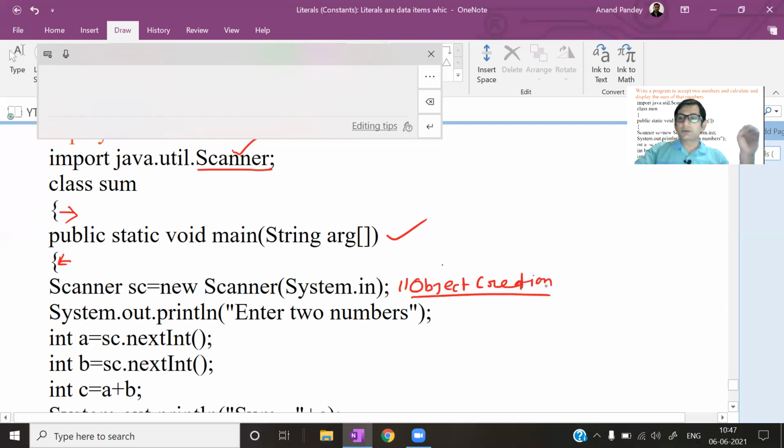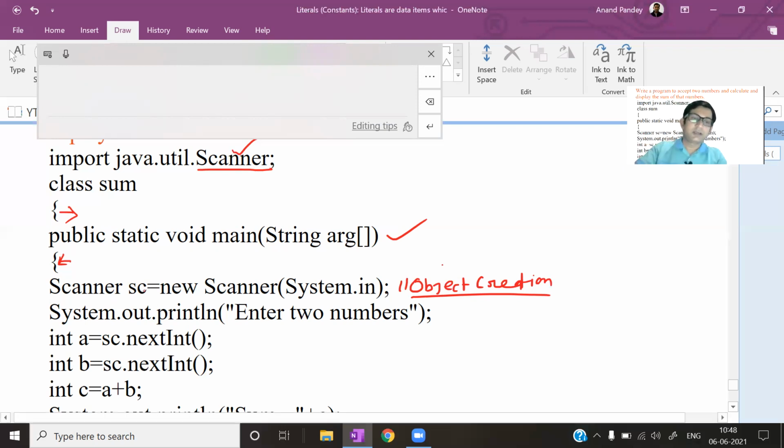So here a question arises: why do we create the object of any class? Listen. You know class, I have explained this in my previous video also. Again, I'm repeating. A class contains variables and functions, some variables and some functions. To use the members of the class, we need to create the object of that class. किसी class के members को use करना है तो मुझे उस class का object create करना पड़ेगा.